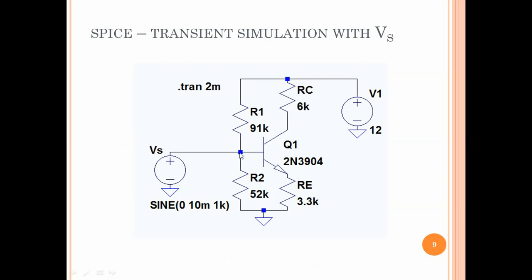Here is the circuit. The base voltage is 10 millivolts. Of course it should be, because I have connected a voltage source of 10 millivolts. But if I connect a voltage source of 10 millivolts to the base, then what happens to the base emitter junction? There is no 0.7 volts or 700 millivolts that is required for the transistor to be on. I'm forcing 0.01 volt here, so the transistor turned off. It turned off, no current flowing, collector voltage goes to 12 volts because no current here, emitter voltage goes to 0 volts because no current here. So that is what happened.